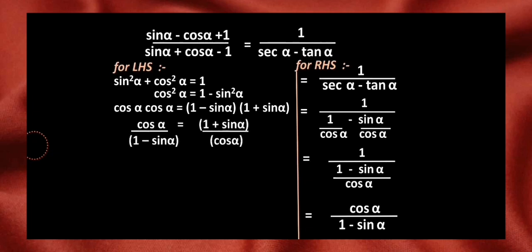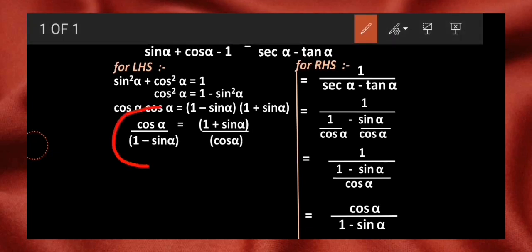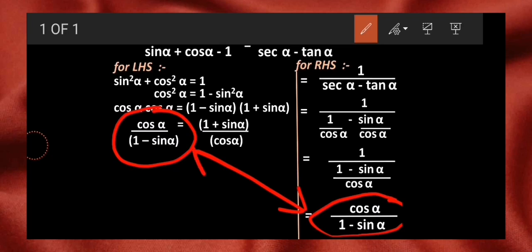Here we are, the way we have thought cos, and now observe over here, cos alpha upon 1 minus sine alpha, again cos alpha upon 1 minus sine alpha, and this is what we needed. This is our first step of our action plan, okay, you can say, for the LHS. So as we have got cos alpha upon 1 minus sine alpha, now I will try to prove the original LHS that we have in the question, okay.